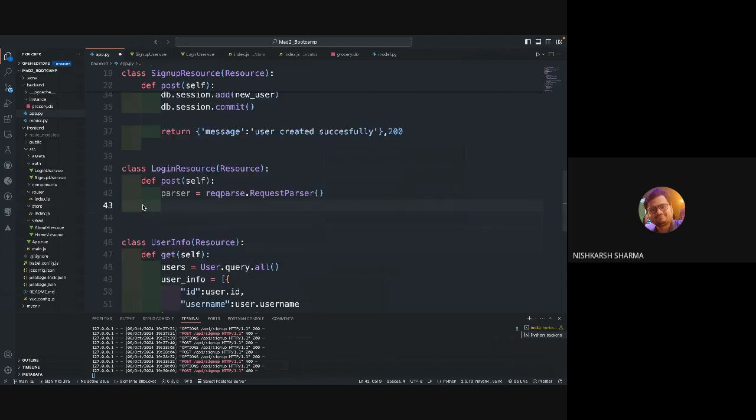So we are just calling the reqparse library. Whatever data we will be getting, we are just using it to parse and store it in a proper format. We are adding an argument. So add argument,